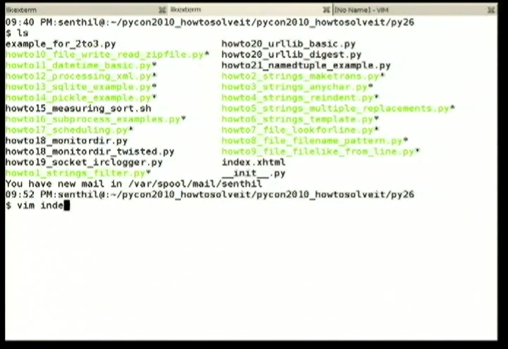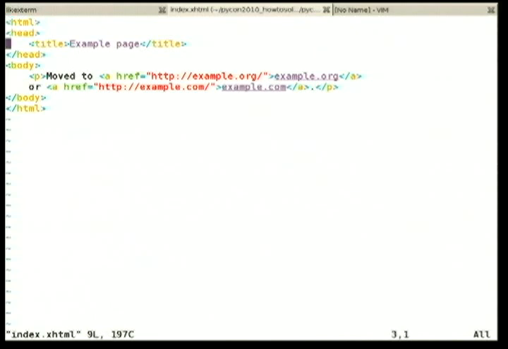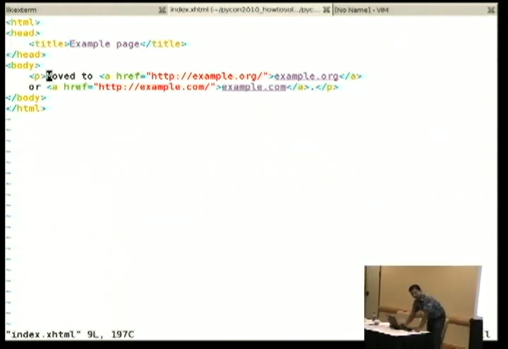So there is index.html, xhtml. It has an HTML tag, example page. Here's a paragraph, and inside the paragraph, I have a reference element, example.org, and a reference element, example.com. I will basically use that script,